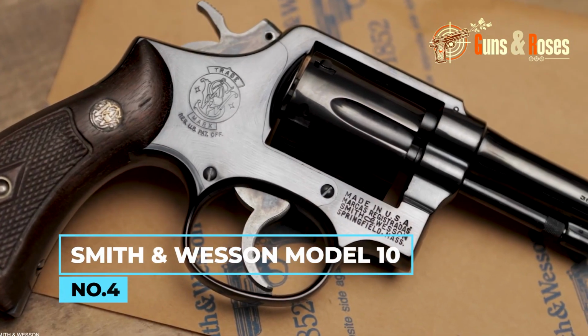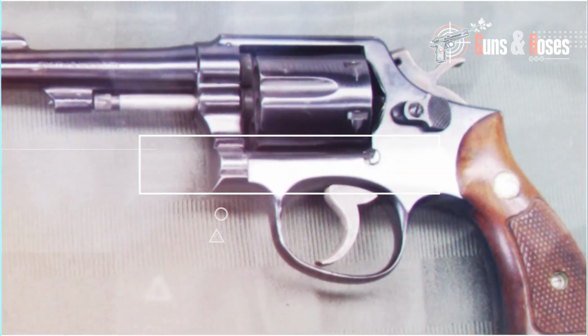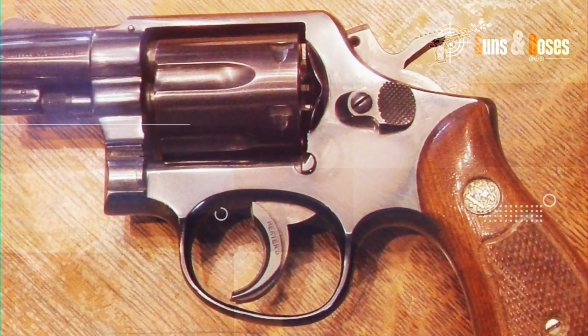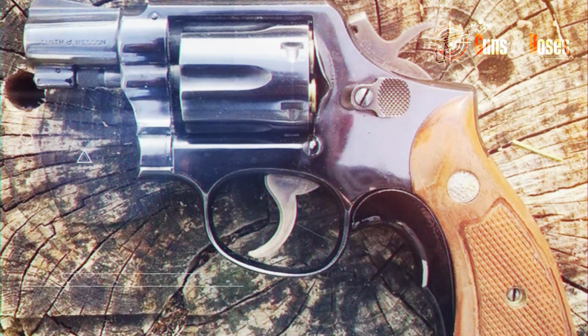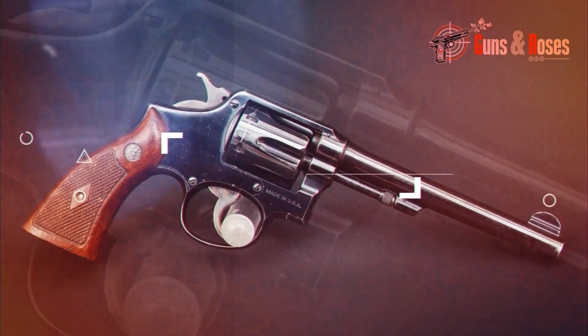Number 4. Smith & Wesson Model 10. The Smith & Wesson Model 10, also known as the Military and Police revolver, was introduced in 1899 and remains one of the most popular revolvers ever produced. With over 6 million units sold, the Model 10 has been used by law enforcement agencies, military units, and civilians